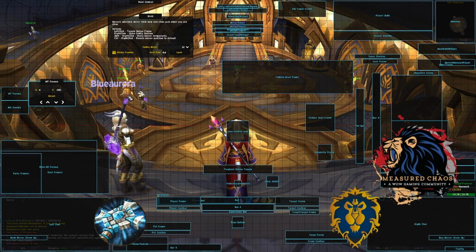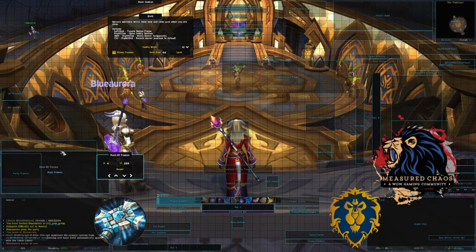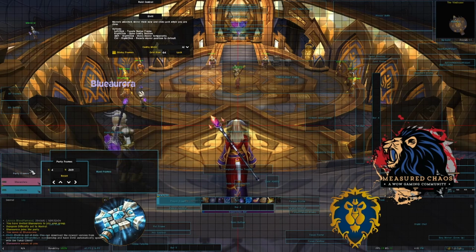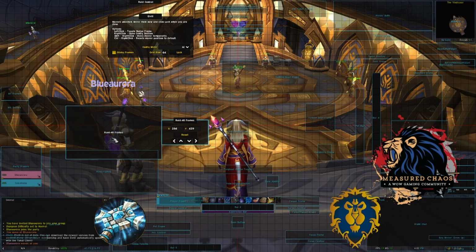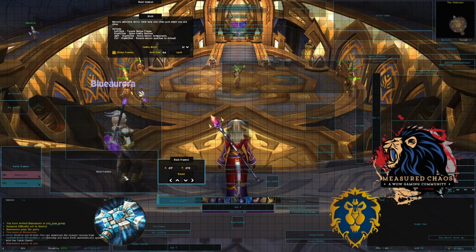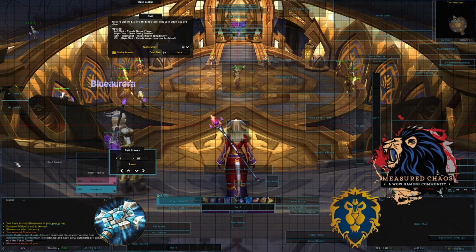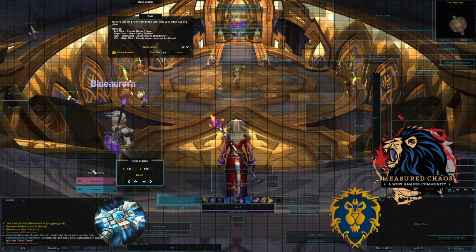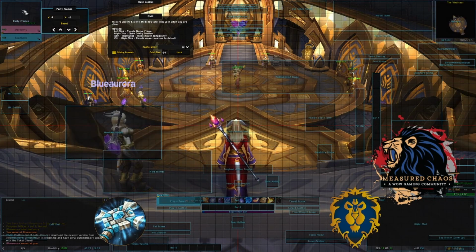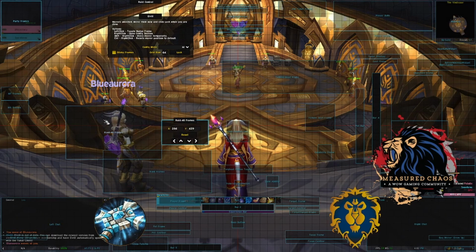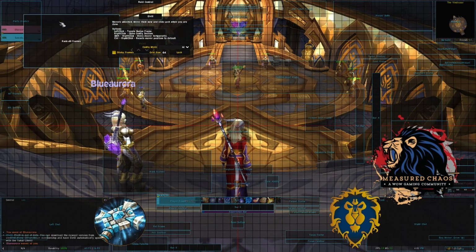Okay, so for me, and you can see I've got 3 bars here. One is party frames, one is raid frames, and one is raid frames 40. Now, these 3 windows are never on the screen at the same time. So to have them overlapping, you will only ever see the one or one of the others. So for me, I like to put these up here in the top right. I'm going to start with party, and for now I'm going to put